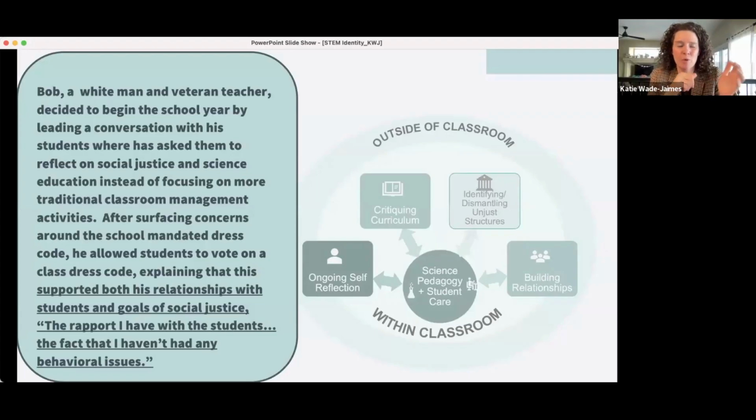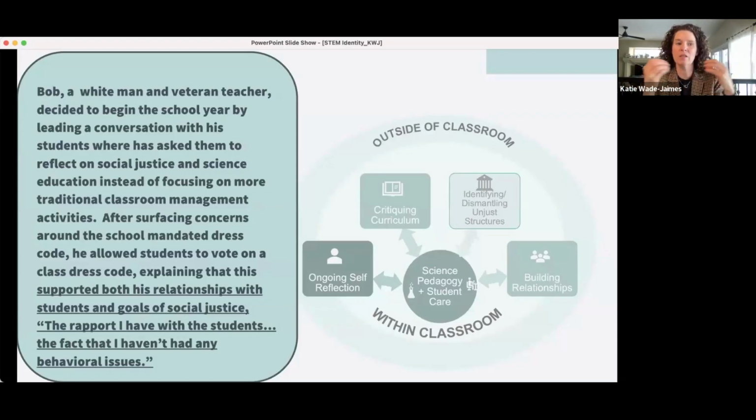So this one is Bob, who was a white man and a veteran teacher. And he was really struggling with his students. He wanted to do science stuff with them and cool science, all these cool science ideas. But he felt like his classroom management was not working out well. And in particular, he felt caught between having to enforce the school discipline policies with what he valued in the classroom and feeling like that's getting in the way of us being able to do these sciencey things that I want to do in my classroom.